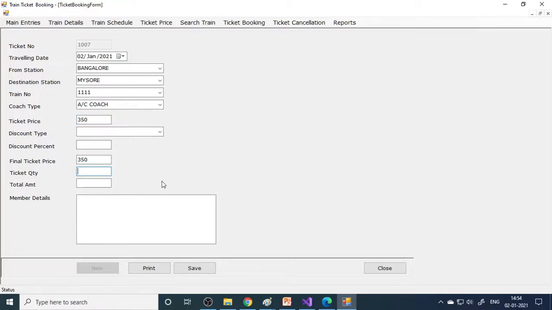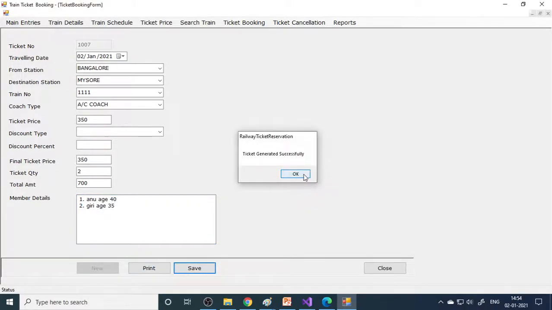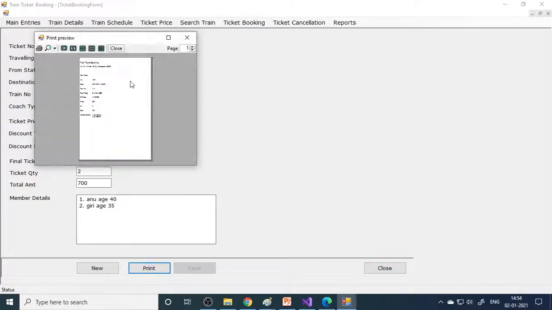Otherwise, how many tickets do they want? They want 2 tickets, and here you can write down the names, and the age. So save. The ticket is generated successfully, and then print this. You can print the ticket.